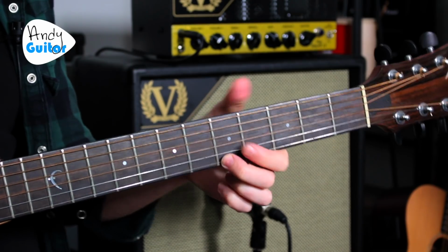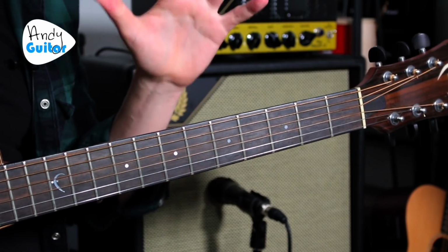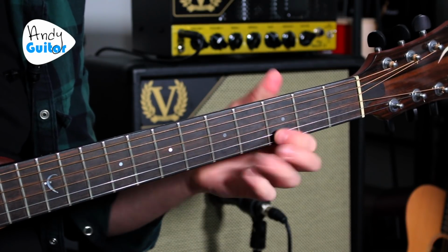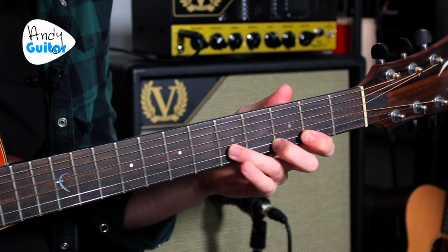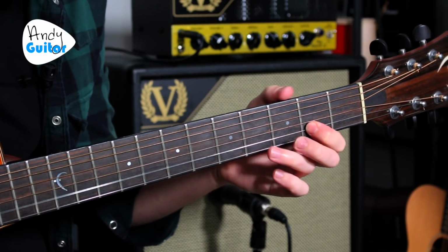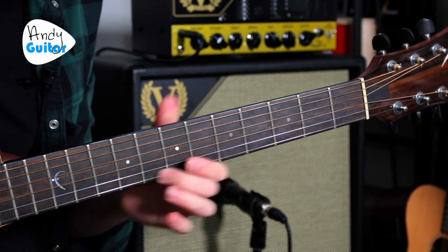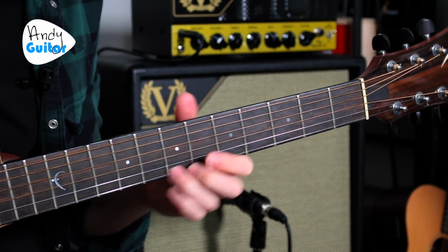Slightly different ending to it, but after then, it's the same. So it's just one slight ending that's slightly different here. Little slide to that 2nd fret again. I did that slide with my little finger, because it's the only one we've got left here. I would probably do a hammer on, or you could do a slide. Either way we need